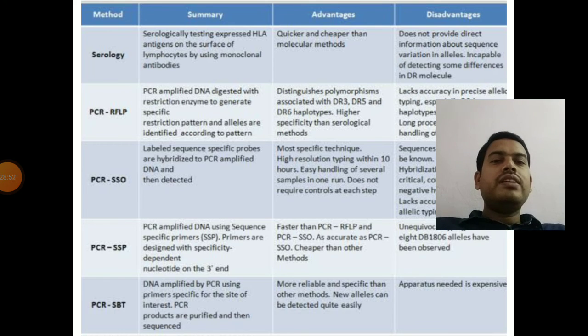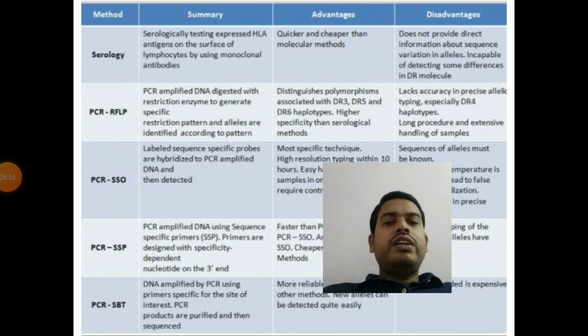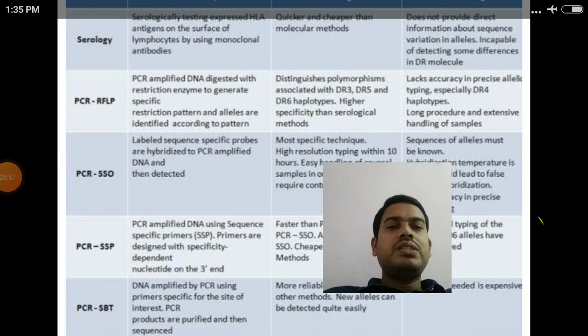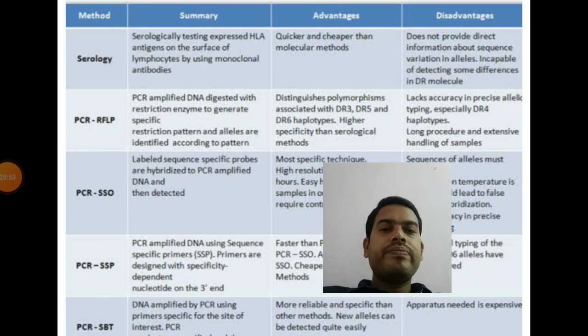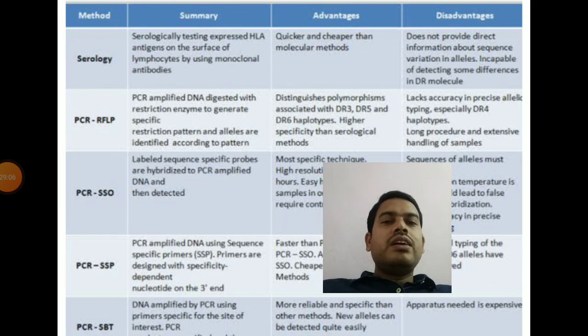So you can clearly see the different methods of HLA typing. The first method you can clearly see is the serological method. In this method, serological testing detects HLA antigens expressed on the surface of lymphocytes using monoclonal antibodies. So there will be a use of monoclonal antibodies, and these antibodies are used in both the patient, that means the recipient, as well as the donor,